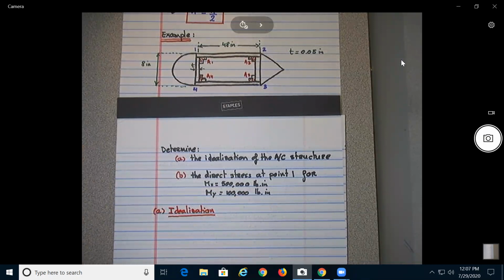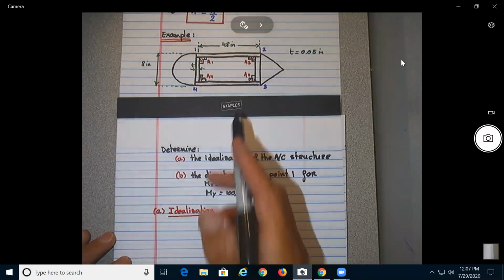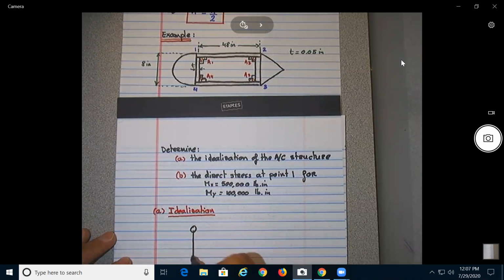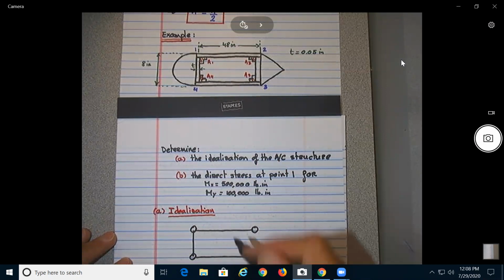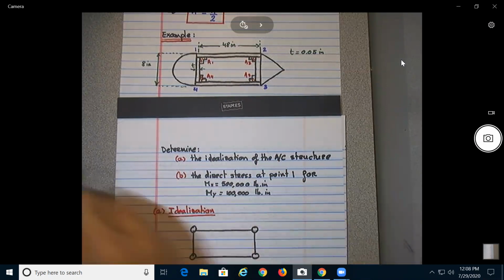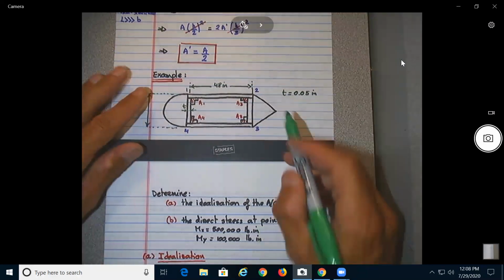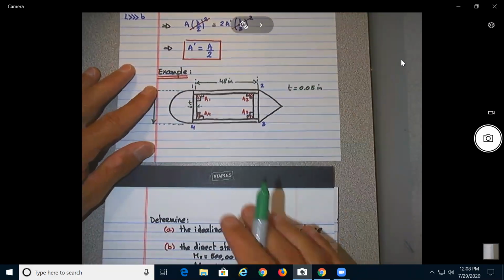Okay, so let's do a very simple idealization for this structure here. The idealization will be just to have this here, another one here, and another one here. Let's go back to the first figure because I forgot to give you some data here. So in this figure over here,